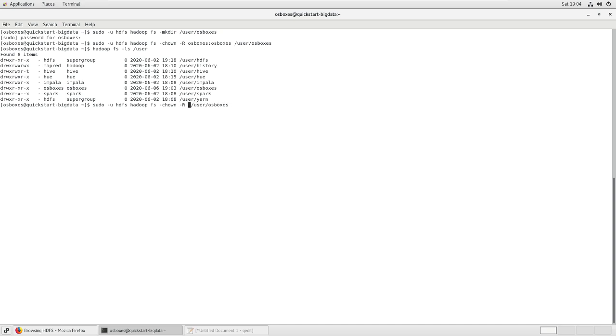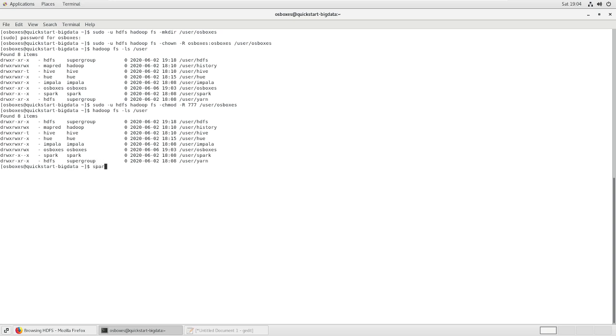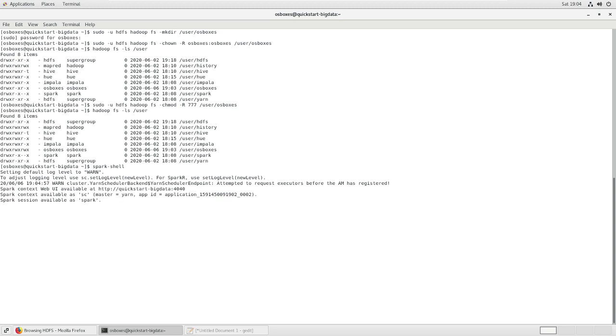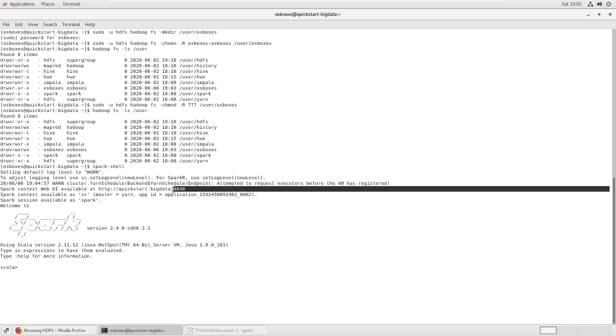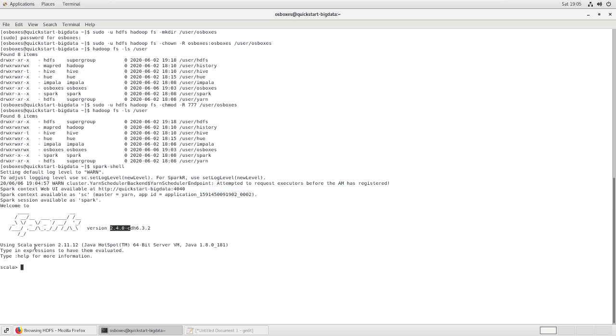That is completely up to you, whether you want to have it or not. So you can give 777 or whatever you want. So Spark 2.4.0 with Scala 2.11.12.